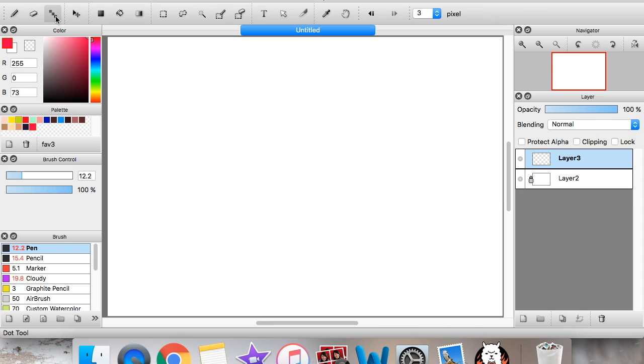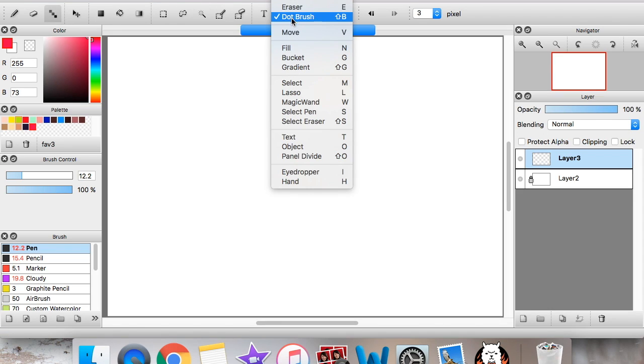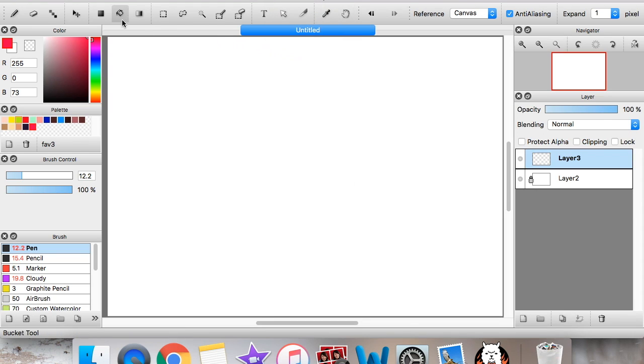I don't know what this tool is called. Let's see, I'm on the dot brush. By the way, if you're selected on a brush and you don't know what it is, you can go to the toolbar, or if you want to just click from here, it'll click right there. So yeah, the dot brush